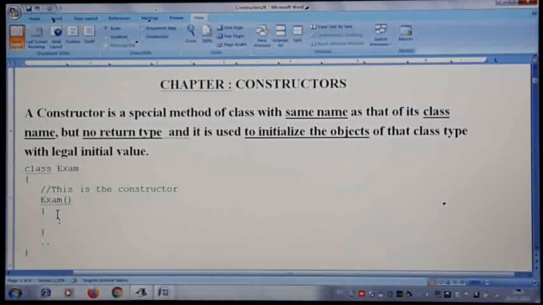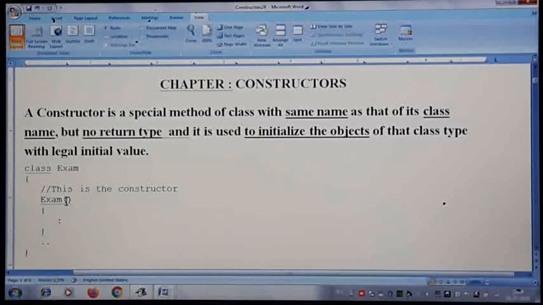So anything which you want to write at the beginning of the program as a heading or as a welcoming screen, or anything to initialize, such type of statements can be written in the constructor, because constructors are executed at the beginning itself. As soon as you create an object, constructors are called automatically.